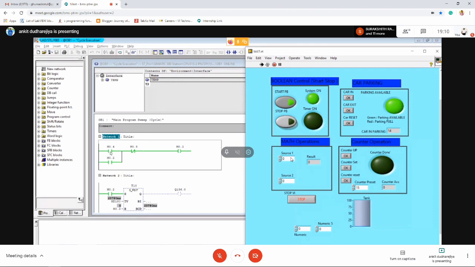You can also see here that M0.4 is now on and the supply is passing from here. Earlier it was not passing from here, but I didn't press this switch, and still it is passing from here because this is our normally closed contact, so it is already closed from the initial. That's why it is allowing the supply to pass, and this is the indication of my output, which could be anything: your motor or lamp or your heater, mixer, furnace, boiler, anything. So that is going to be on, and we are also getting the indication of that.